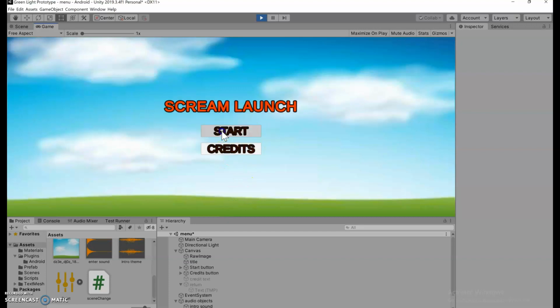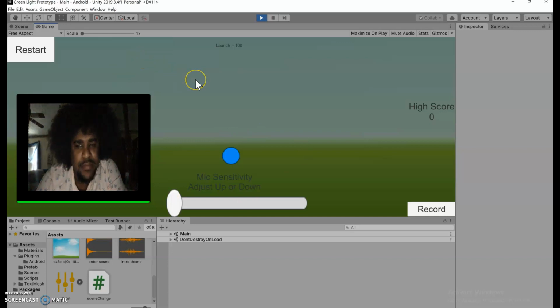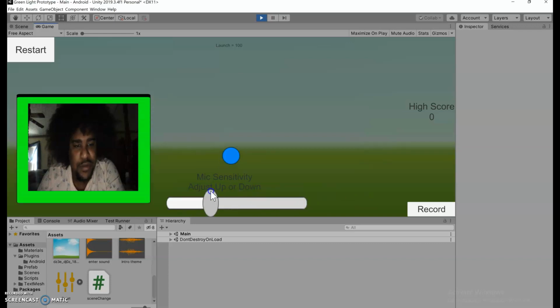And when you start, you take into the game screen, and as you can see the audio, the video of the user itself. And right now, as I'm speaking into the microphone, nothing has happened. This is the mic sensitivity bar that you can adjust up and down. If it goes all the way up, it's going to hear